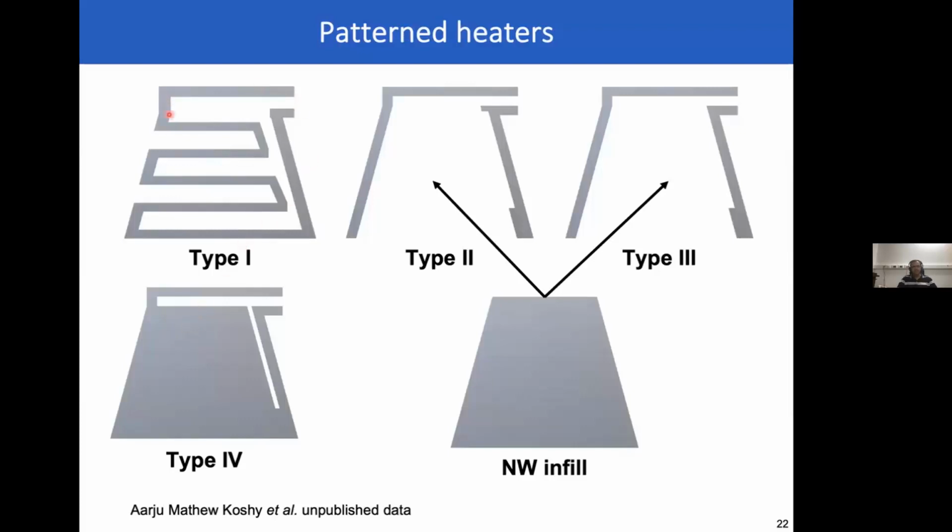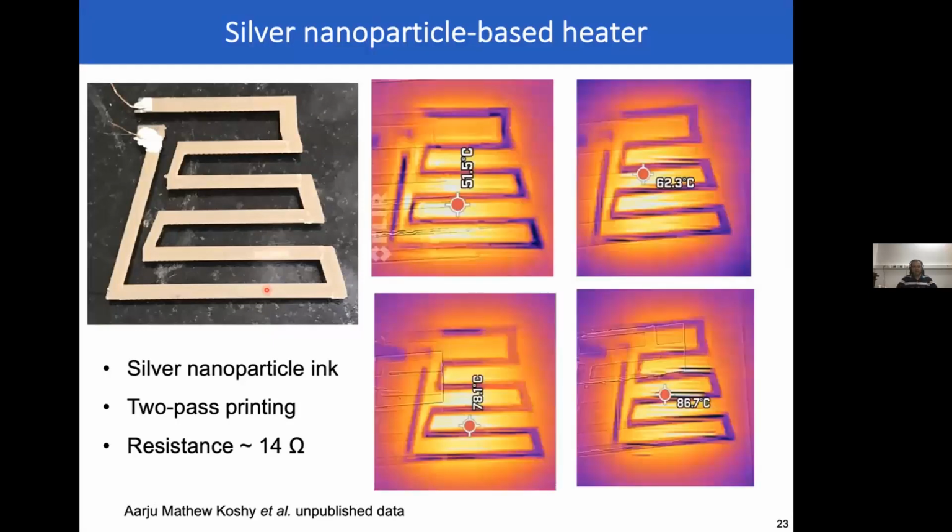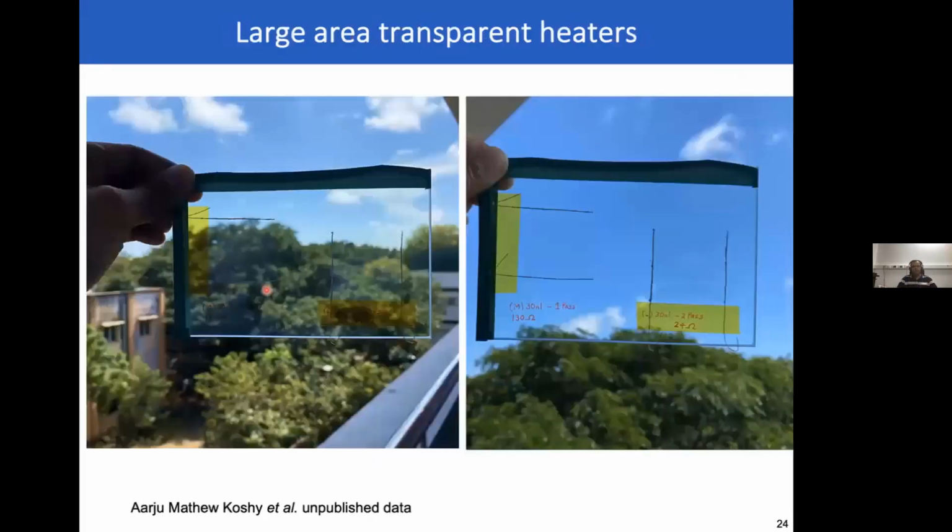One of the ideas is to use silver nanoparticles as an outer layer and then fill them with nanowires inside. So this is just a simple nanoparticle heater. So now there are no nanowires. We just print nanoparticles. Nanoparticles are not transparent, but they have much lower sheet resistance compared to nanowires. Again, we tested this and we found that this is uniform. And extrapolating from this, we essentially said we will make much larger heaters.